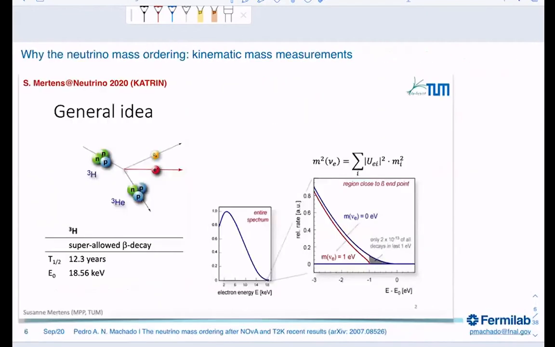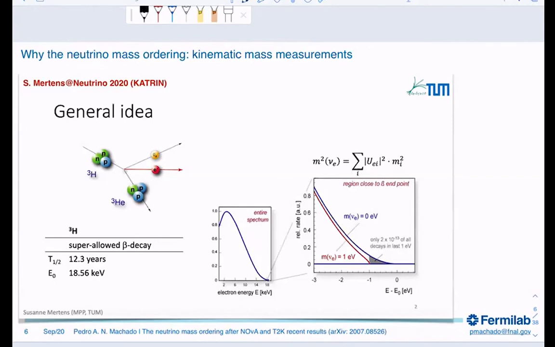The other point is when you try to measure neutrino masses with kinematics, like in scattering. So basically you have a tritium nucleus that decays into helium, neutrino, and electron. And the spectrum of tritium beta decay is very well known. The end point of the spectrum is sensitive to neutrino masses. And this was actually pointed out by Fermi in his old paper in the 30s. So that's something that we are still trying to measure.